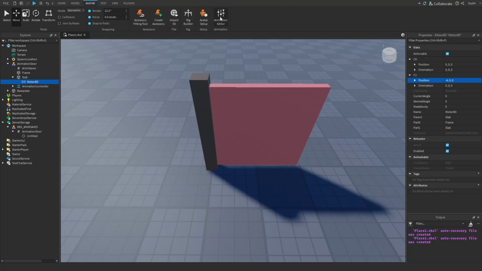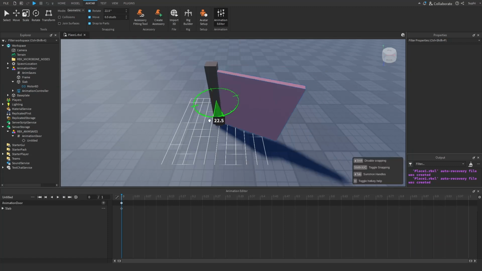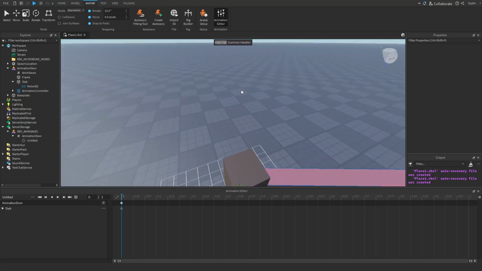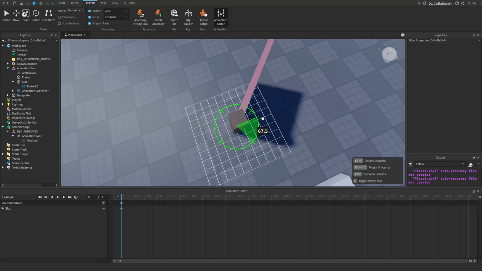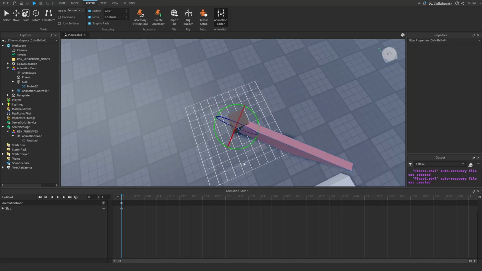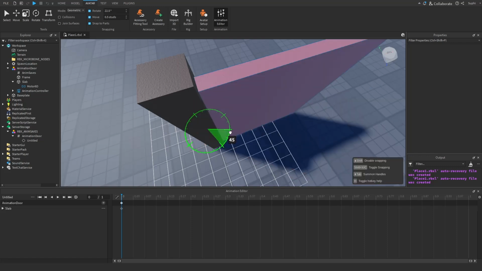And if I open the animation editor once again and use the rotate tool and start rotating, we can see that now it rotates around this center, but this part over here has been offset. But instead of rotating around the center of the frame, what if I wanted it to rotate around the edge of this frame? So what I can do is let's delete this keyframe